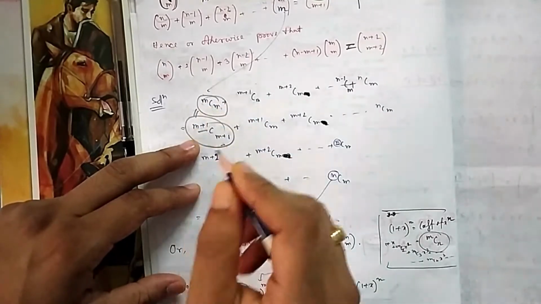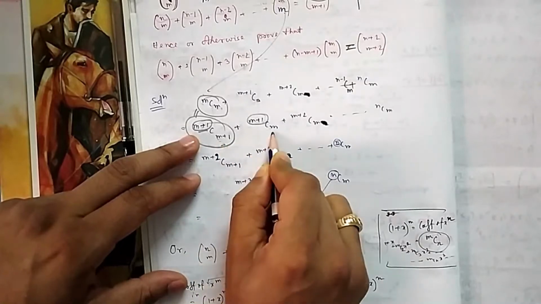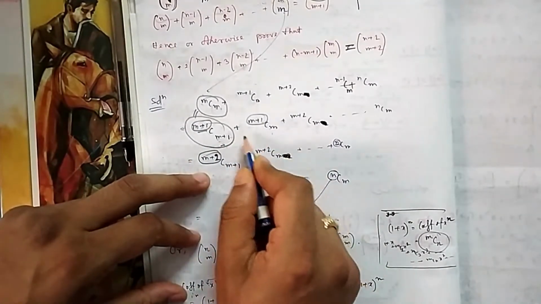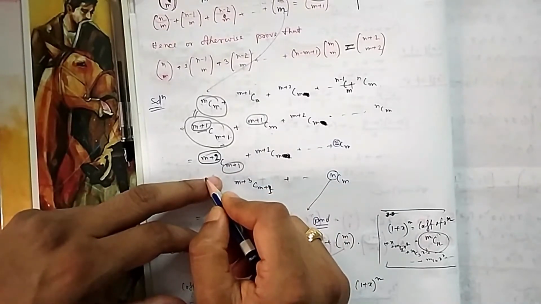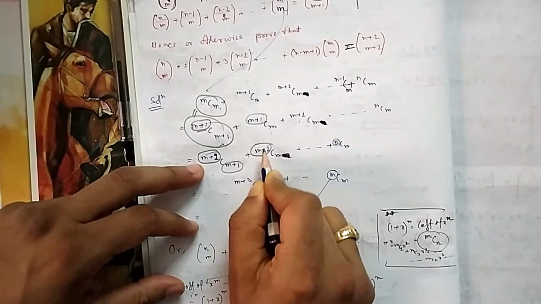Because I have written it in this format, now you see the upper terms are both equal, and here two variables are there. So the upper power will be increased to m plus 2, and the lower portion will be the higher one, m plus 1. So what is the benefit? Now you go to the next one, because your upper term is increased, now it is matching with the next upper term.